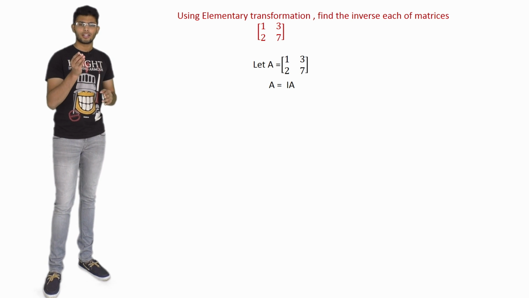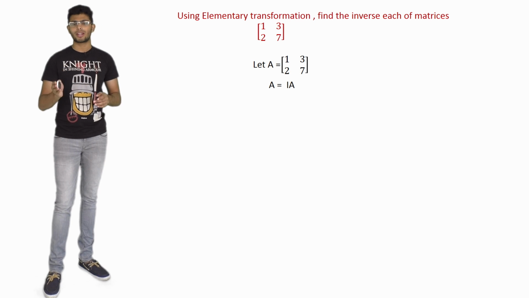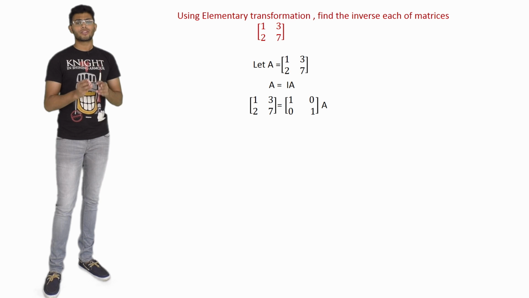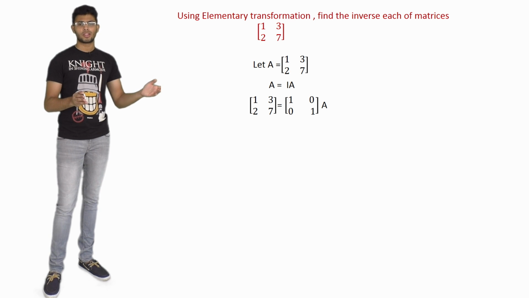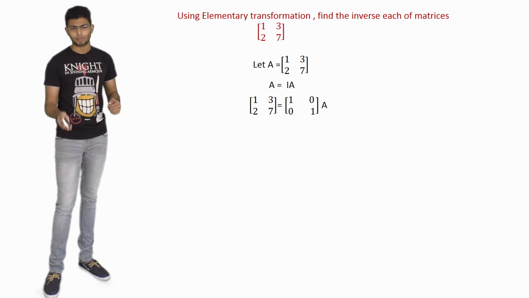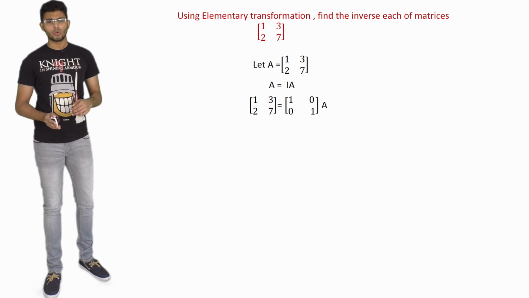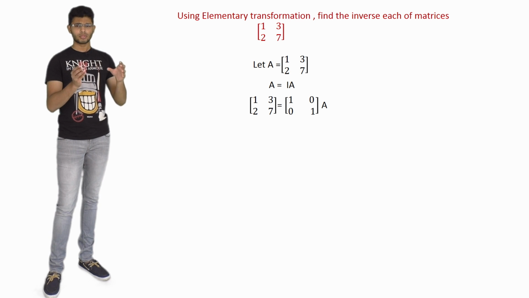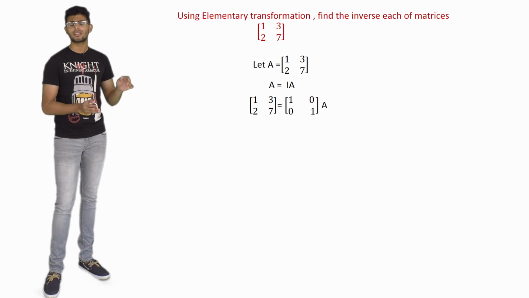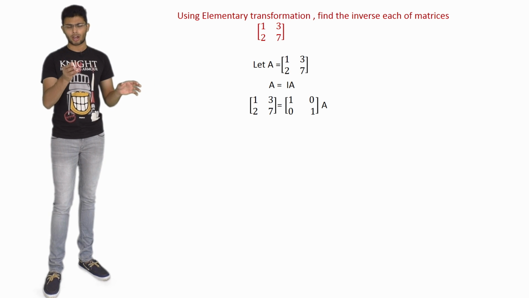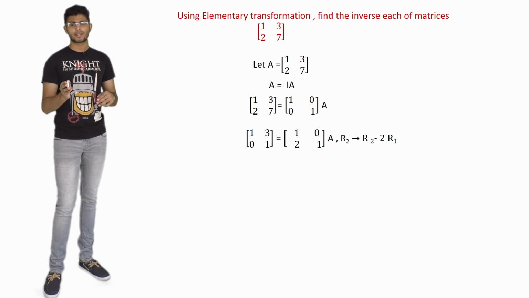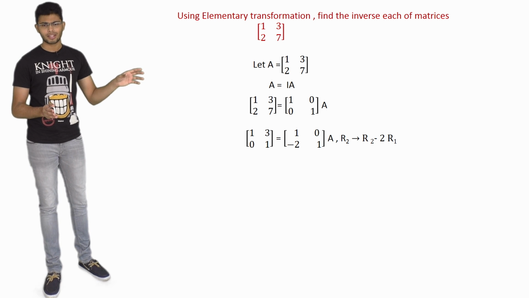So we know that a matrix multiplied by the identity matrix is obviously going to be the matrix itself. So what's going to happen now is we're going to replace the A on the LHS with the A matrix and the I with the identity matrix. Remember that when you're doing the problem, we basically have to make the LHS into an identity matrix. When you make the LHS into your identity matrix, your RHS is going to become your inverse matrix. So basically we're going to make the LHS into 1, 0 and 0,